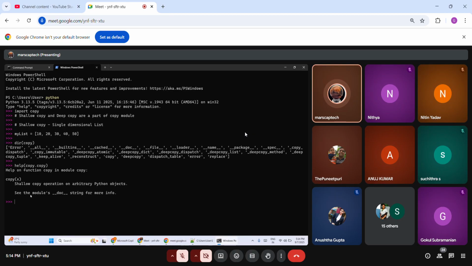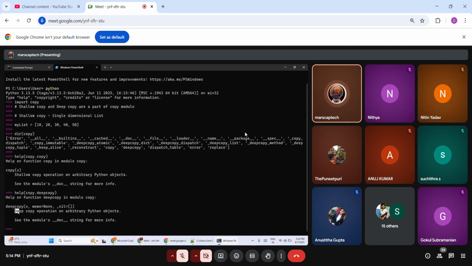Do you see shallow copy? What does that mean? If you use copy, then that will become a shallow copy. I want to learn deep copy, so I'm going to put copy.deepcopy. It says, hey, it is a deep copy.